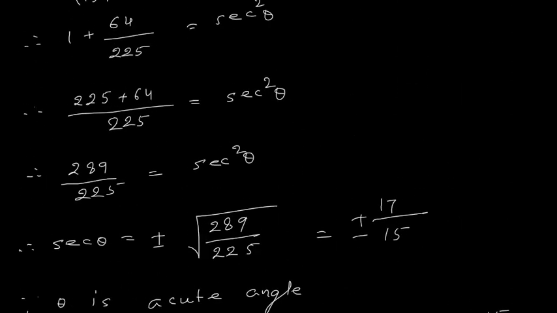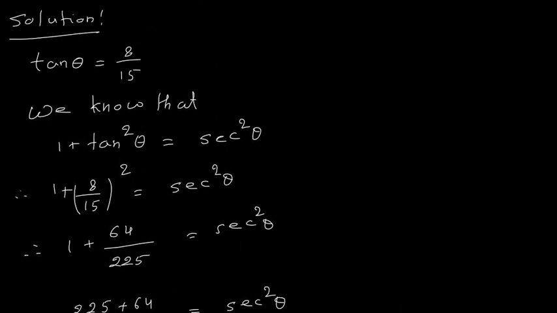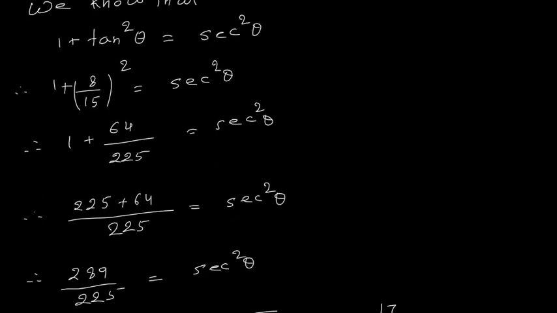So in all these problems, what we are doing? We are using identities. And what are the identities? First identity is sin square theta plus cos square theta is 1. Second identity is 1 plus tan square theta is sec square theta. And third identity is 1 plus cot square theta is equal to cosec square theta. So you have to use identities whenever they have given some trigonometric ratios and they ask us to find other trigonometric ratios. And in all the problems they are mentioning that theta is an acute angle, which means that all the trigonometric ratios have a positive sign.